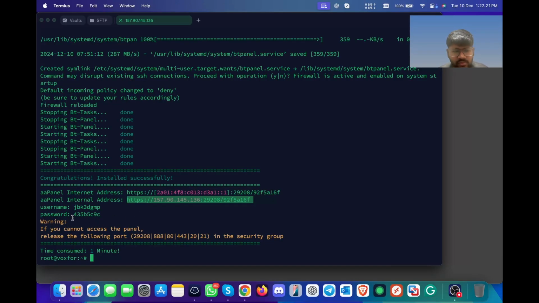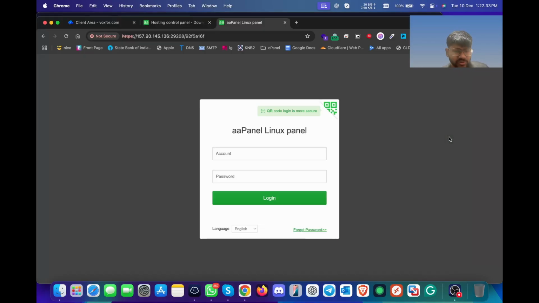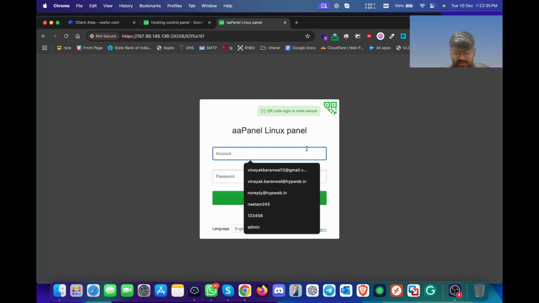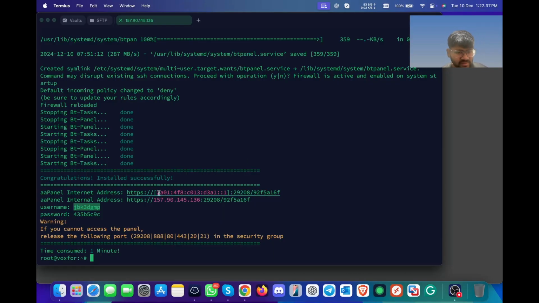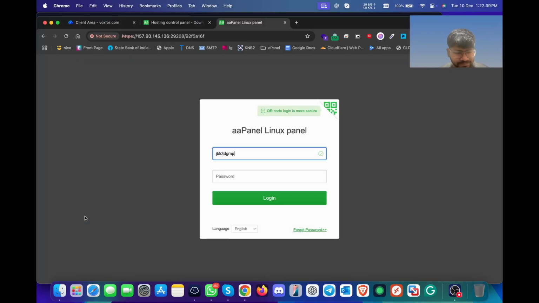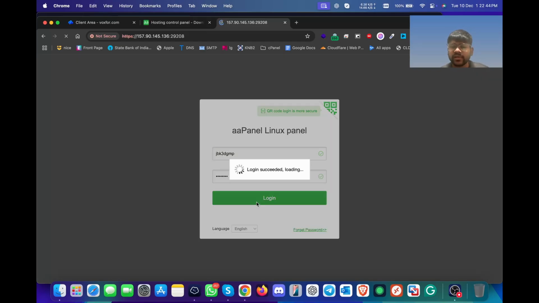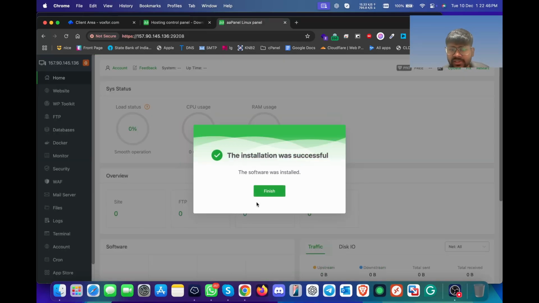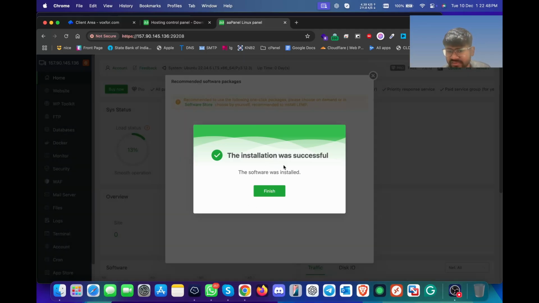Now we have to copy the username. Also make a note that these details will be shown for one time only. After that, the password would be randomized because the password cannot be stored due to security reasons. So now let me paste the password as well. And now we'll click on login. As you can see that we are now logged into the panel, and we are seeing that the installation was